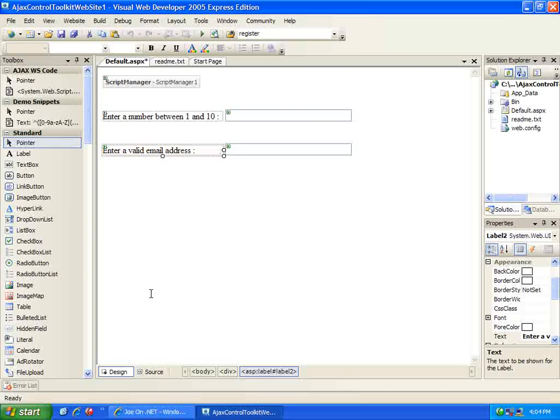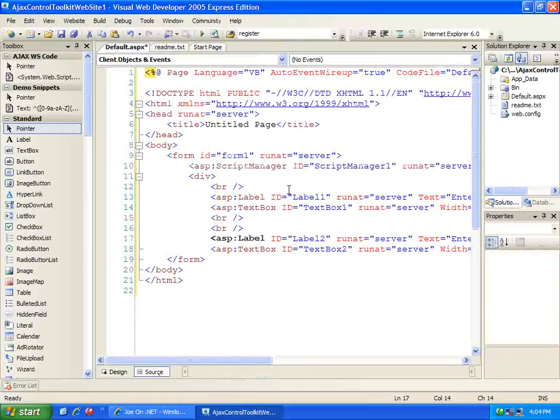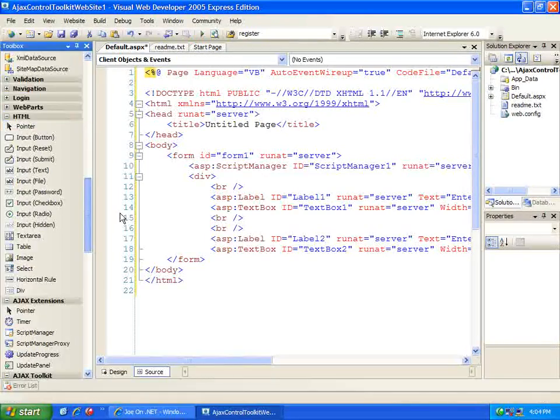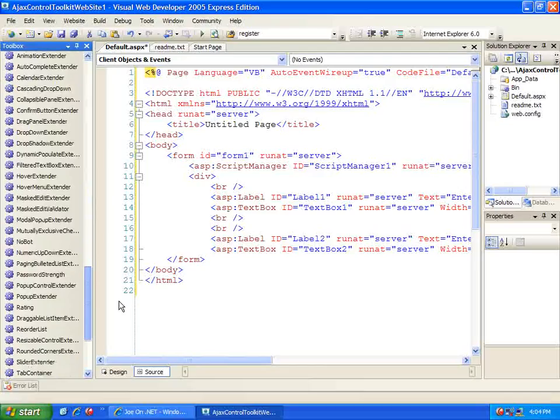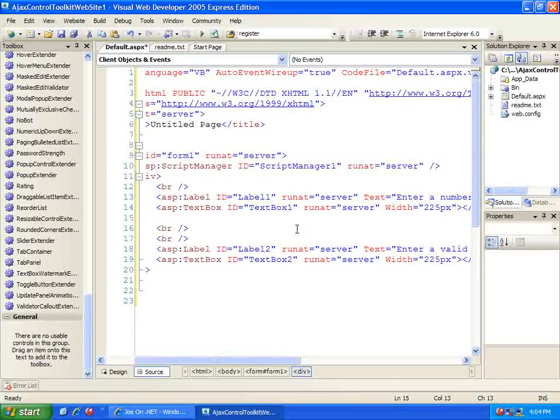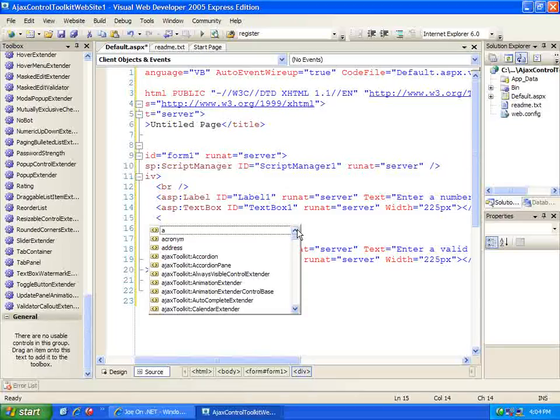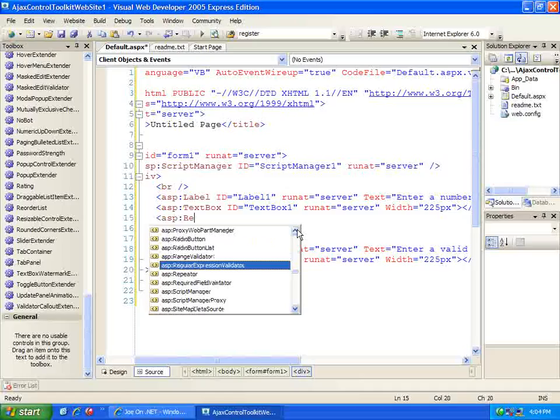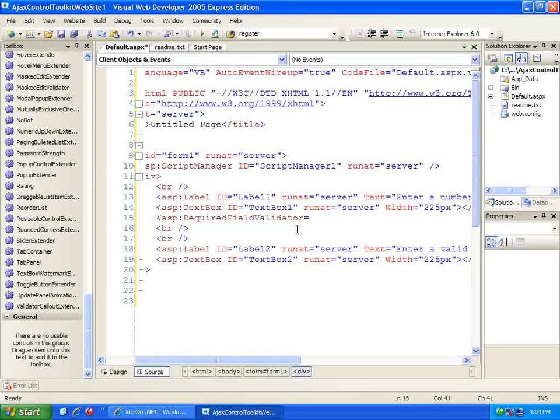And now we can go into source view and we can add the client-side validator controls. Now, because these are client-side controls, there's no drag and drop experience for them. So we need to add them manually, which is fine. To begin with, we're just going to add a required field validator. And we're going to do this for both of the text boxes since we want both of them to be